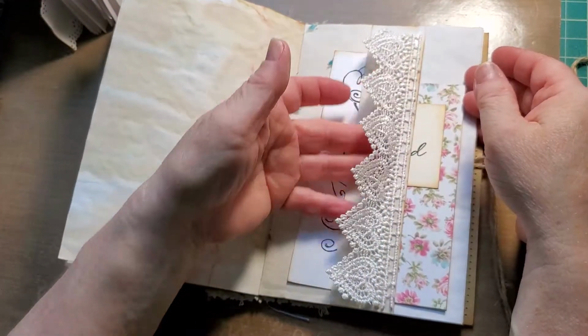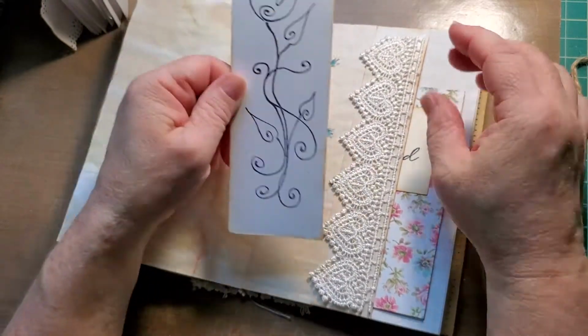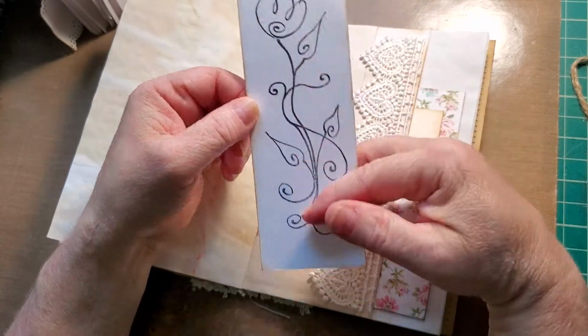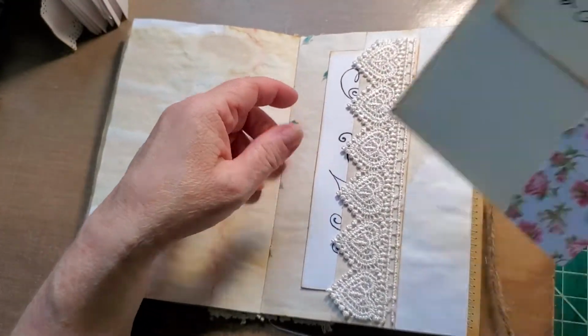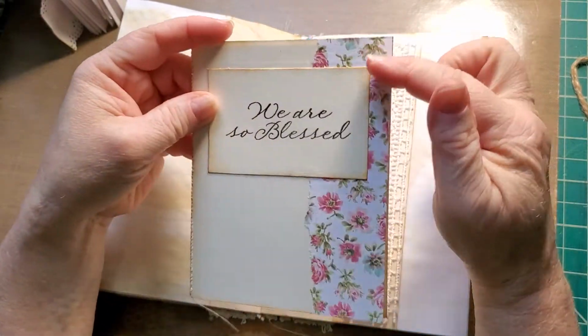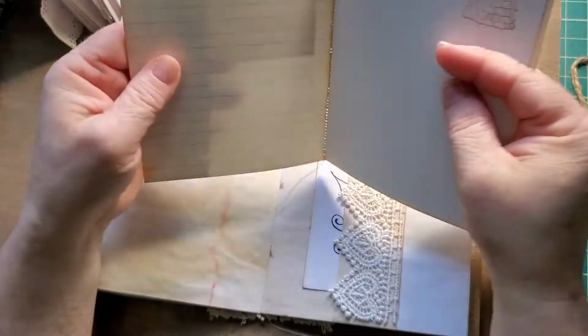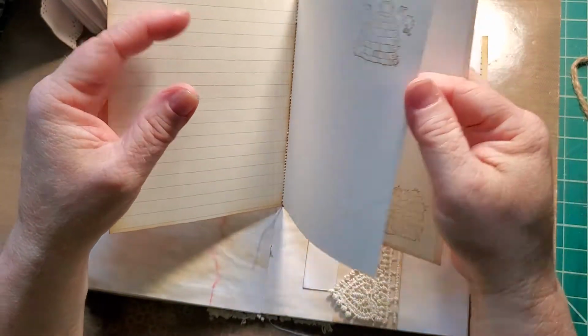We've got some lace trim on the flap, which I've glued down to make another tuck spot, with a stamp of a pretty flower. And then in the pocket, we have a booklet. I've stamped "We Are So Blessed" and cut that out. Scrap piece of paper here on an old index card, and then just added